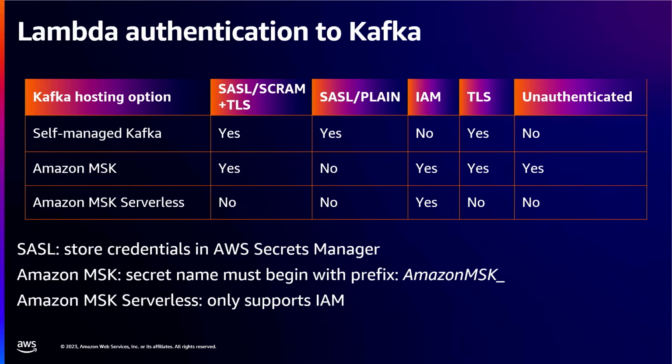So the first thing is authentication options. If you're in the Kafka world, you'll know about SASL SCRAM, and that's really common for Kafka, and you can actually store your secrets in Secrets Manager, and the ESM is going to be able to use that to connect to your Kafka cluster. If you are using MSK, the secret name needs to be in a specific format, where there's AmazonMSK underscore to be able to do this. So the ESM is going to grab the secret and then do the authentication.